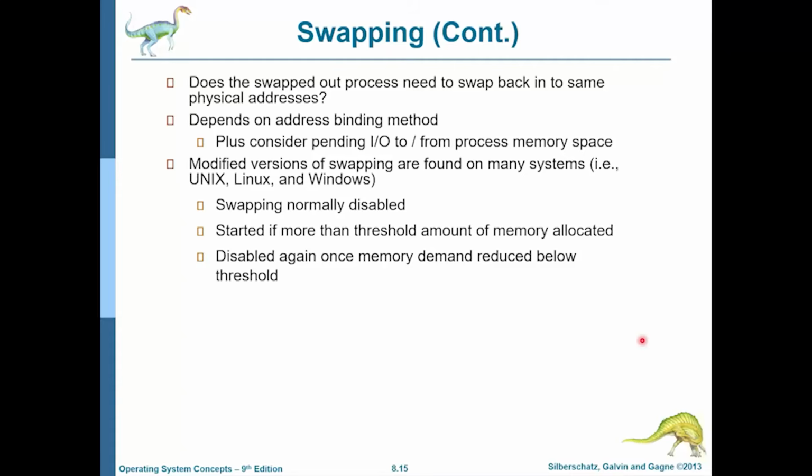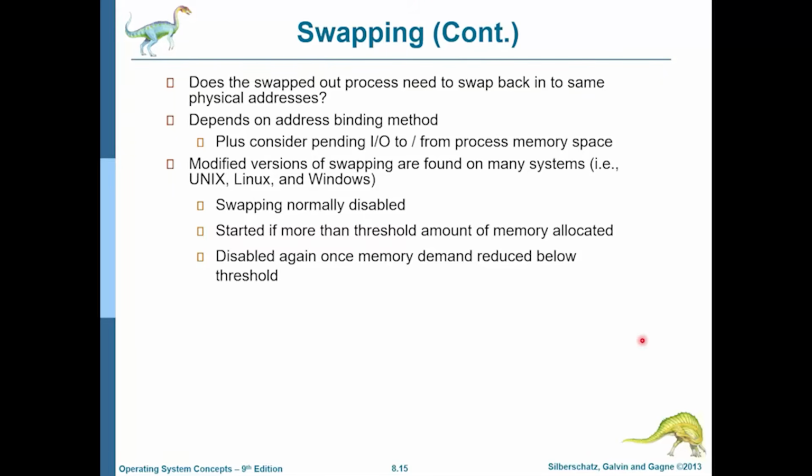Now, you can only swap out a process if you are sure that the process is idle with respect to input output. For example, if the process had a buffer inside its memory range and was trying to read something from the hard drive, and before that could be taken care of, the operating system swaps it out and puts a new process in the same memory location, then the contents from the hard drive can get written into the wrong memory area. The memory area is the same, but the process has been swapped out and another process is running there. So that can be a problem.